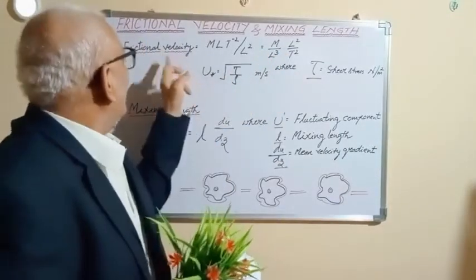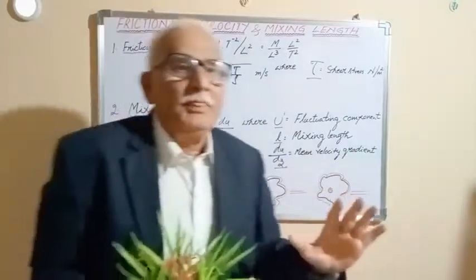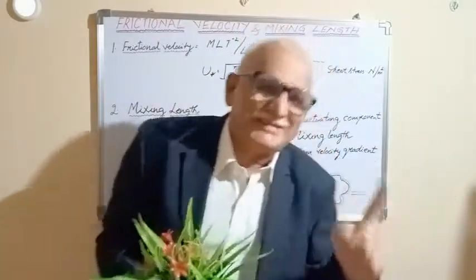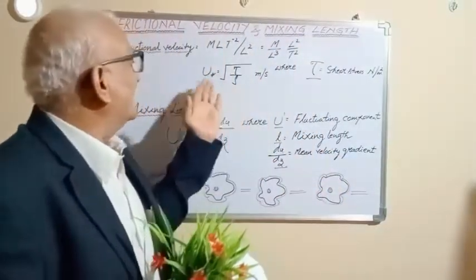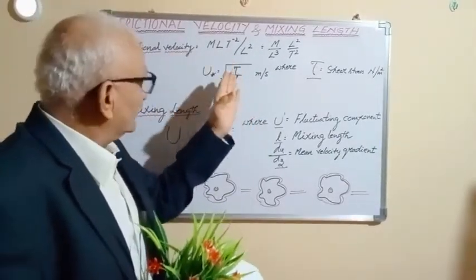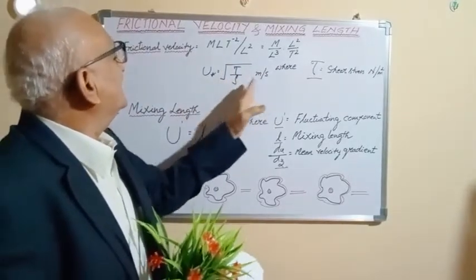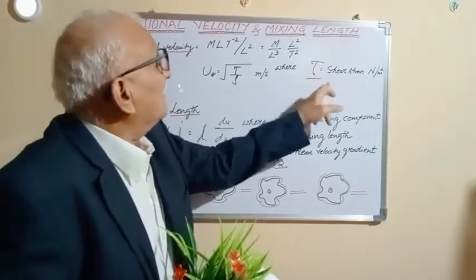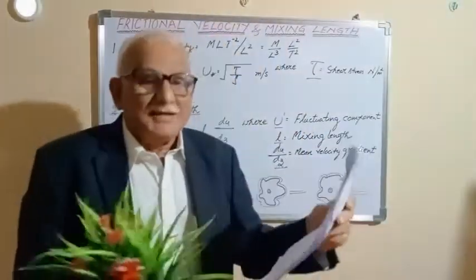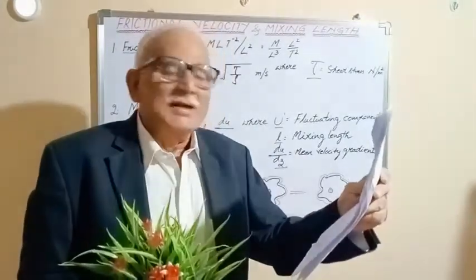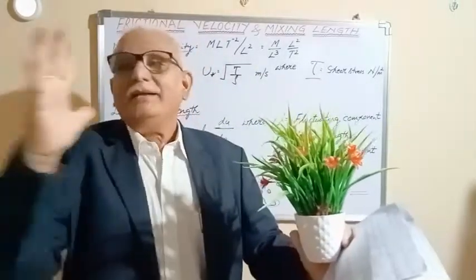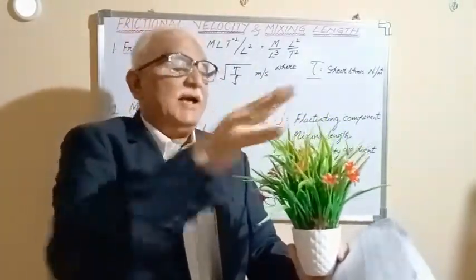In other words, frictional velocity, U star. Generally in all micrometeorological studies, or even in civil engineering, U star is the term used for frictional velocity, the square root of tau by density. The units are meters per second, where shear stress is in newtons per meter square. Here, to explain in a very simple way, the density is that of the air in motion. See, this is a crop, air is moving, so it is the density of the air in motion,